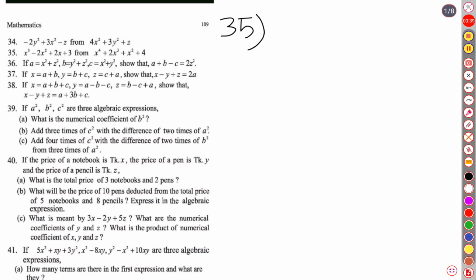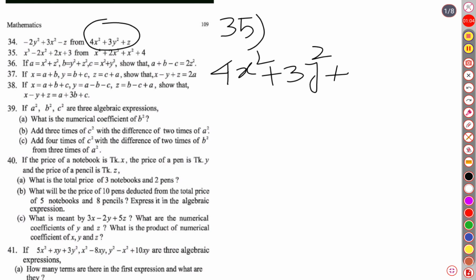z. So whenever subtraction is mentioned and the expressions are given with "from", the last quantity should be written first of all. The last quantity is 4x squared plus 3y squared plus z, from which we should do subtraction. So the subtraction symbol should be given, and then